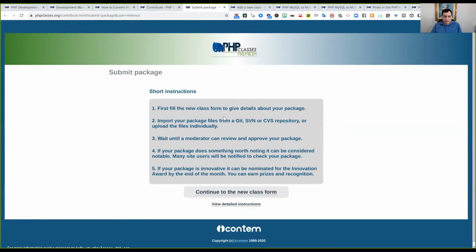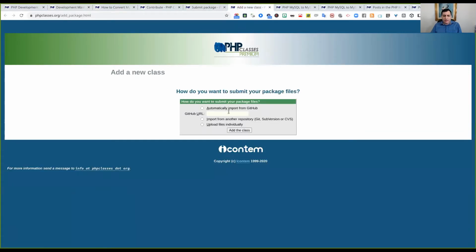It appears a new page, just gives you a few instructions. Click to the continue new form, new class form, and then here you can just fill a few details. You can import your package from GitHub if it is already in GitHub.